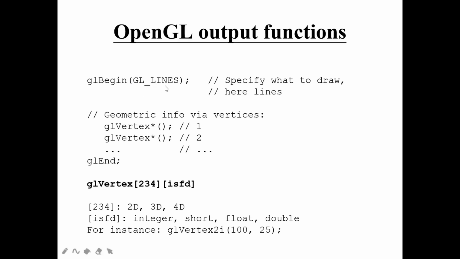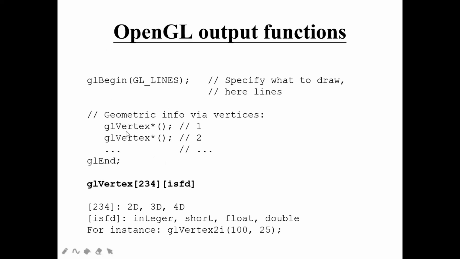You can write here GL_POINTS, GL_TRIANGLES, squares, pentagon, hexagon, octagon, or if you want to specify all together in one name, you can write it as polygon. Okay, so all these things you are going to write. Then you have to define your vertices, what geometrical information you want to give for your specific primitive. You are going to give it over here.